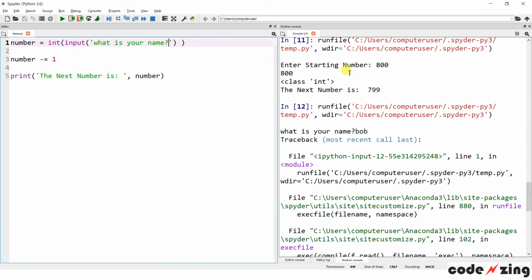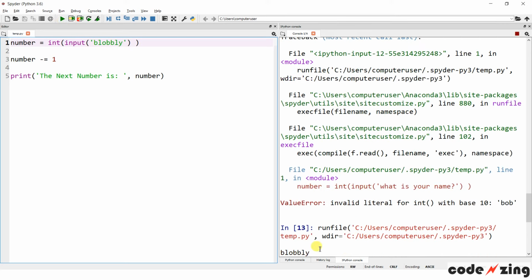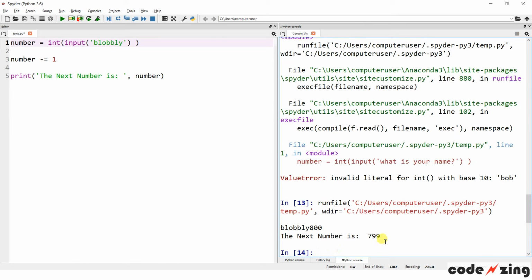But it's just going to print out whatever you put in those brackets. So if I put blobly in there, right, it's going to say blobly, and the user is not going to know what to do at all. So you want to put something meaningful in there, but it doesn't necessarily change what's happening. Because if I put in 800 for blobly, it's fine with that. It does exactly what we told it to do. It subtracts 1. But the user isn't going to know that you need a number. So we got to put something meaningful in there. But it doesn't really matter what it is. Enter number,